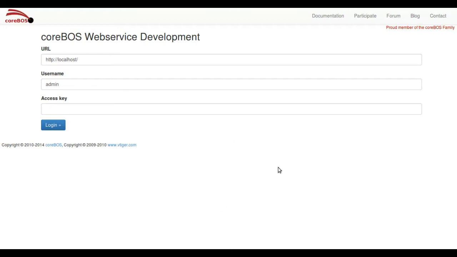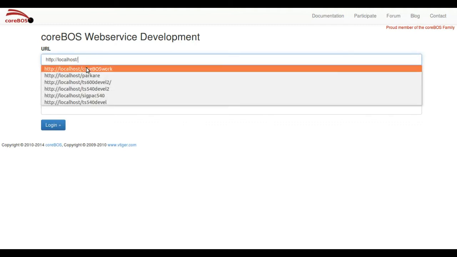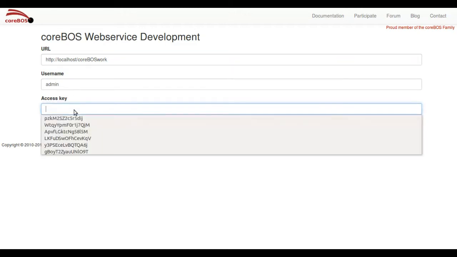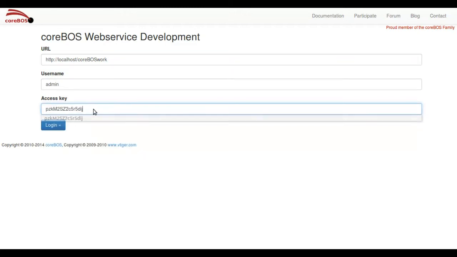Okay, as you can see, the first page is a login screen where we can log into the site we want with the user we want. I'm going to log into a coreBOS work test site we have here with this access key. Okay, once we log in,